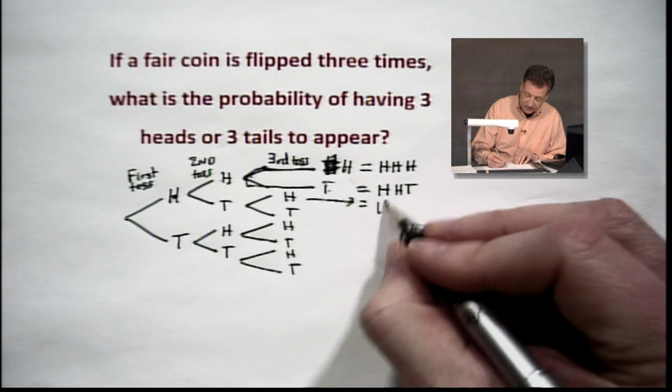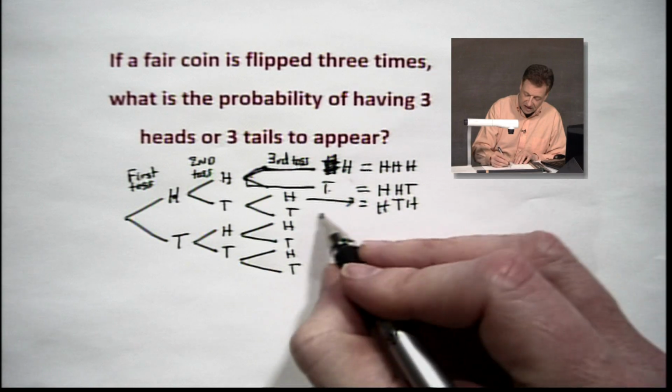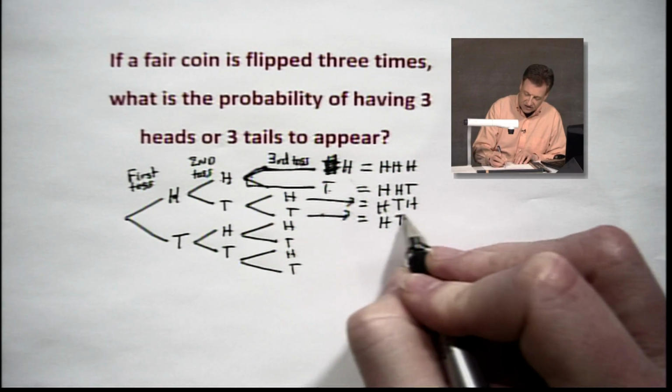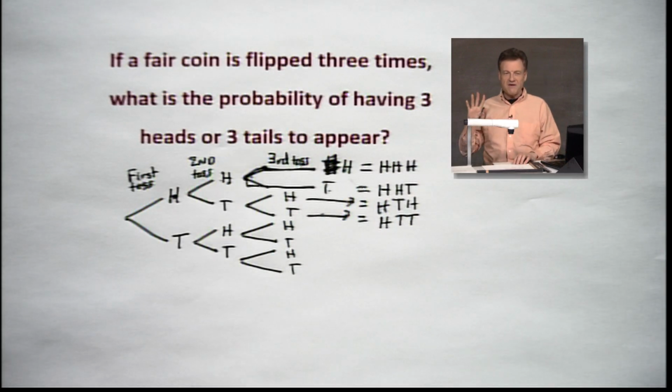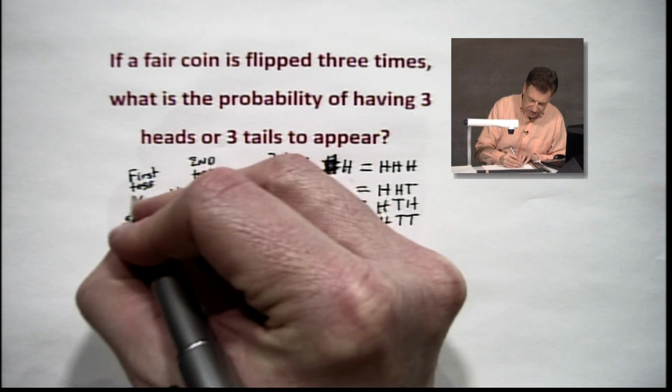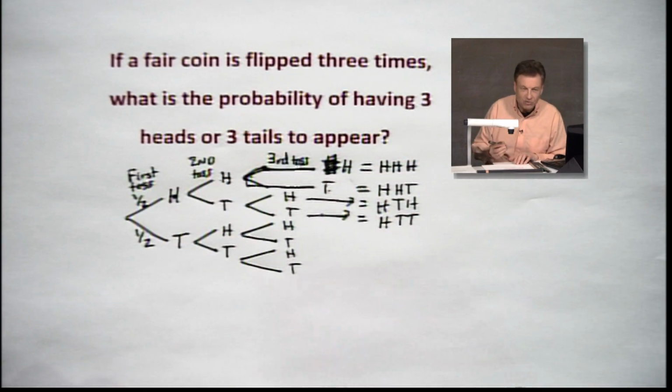So we put heads, tails, heads, and we'll just find this one right on down there. That will be heads, tails, and tails. So far we've got 4 options. Now you're saying, how do we know what the probabilities are, Ernie? Well, let's put a little probability on this first one. We knew it was 50-50, 1/2, 1/2.